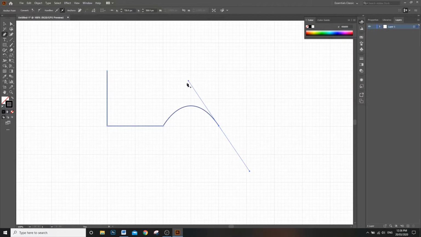Okay, so this past line back here, the left handle is,